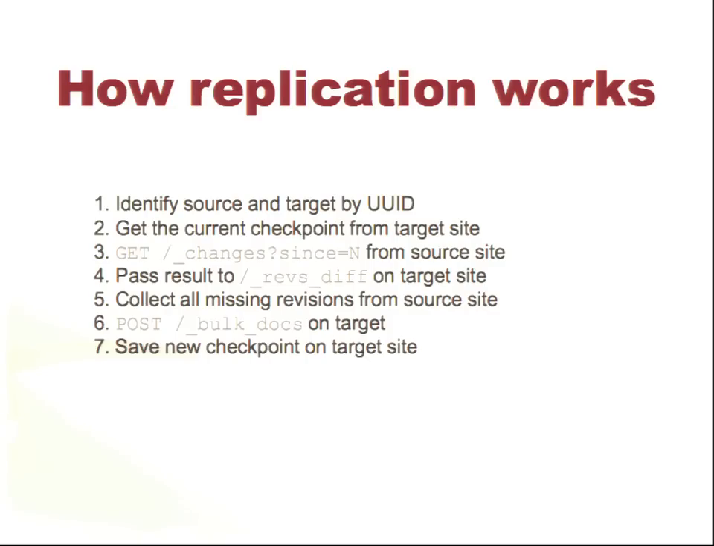I'm not going to cover the implementation details of this because it's not all done. But basically, we ask here, what are the last changes that you don't have? Then we pass these changes to the revision diff endpoint on the target site to ask, among these changes, what revisions don't you have? Because some of the revisions you might already have. So we get a diff, and we collect all of those missing revisions from the source site, and those are the revisions that we push in with just one network call to the bulk docs